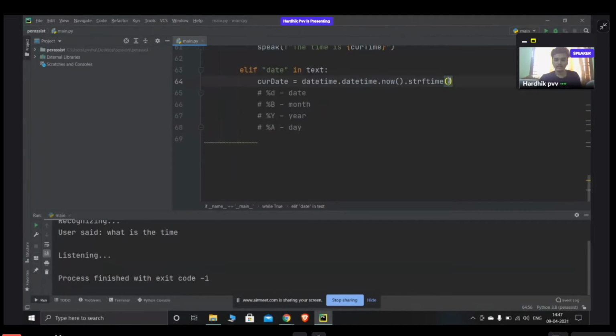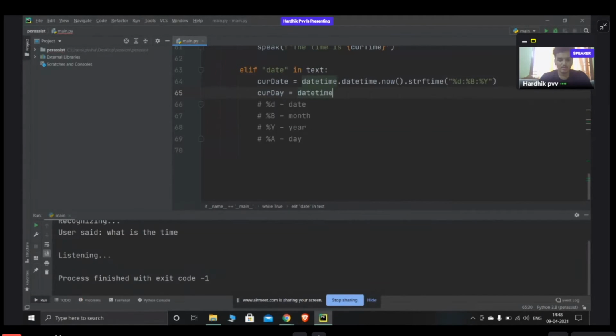So now for date in string format, I'll put percentage d, percentage B, and percentage capital Y. This is for current date, whereas for current day, a new variable.